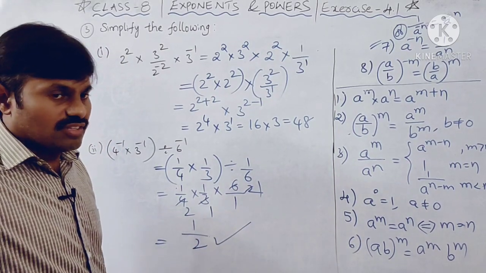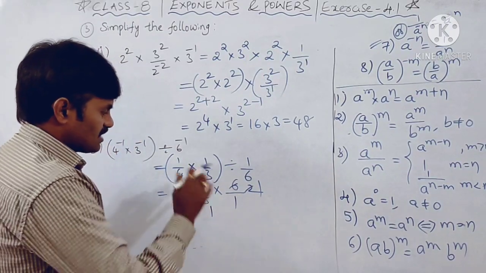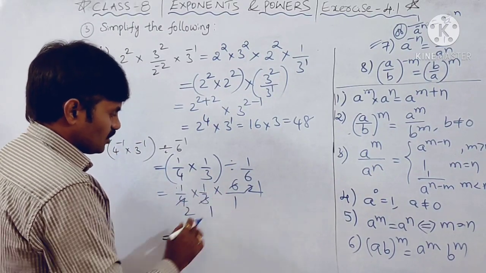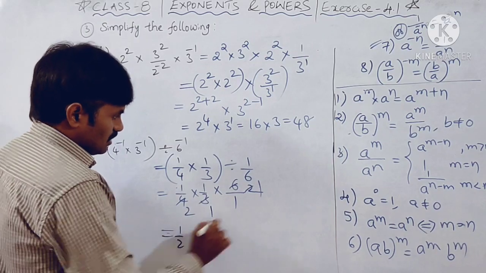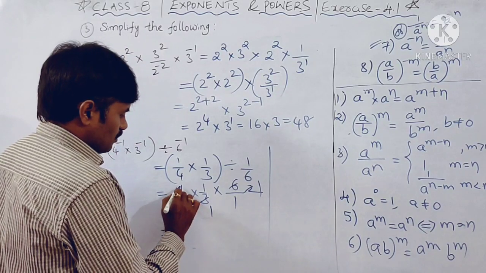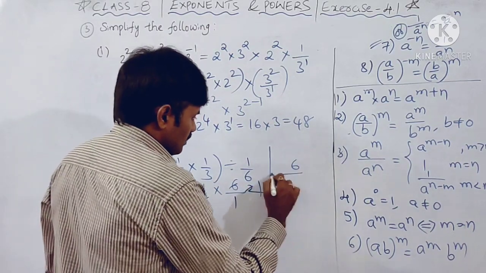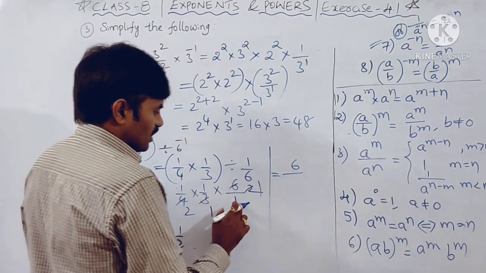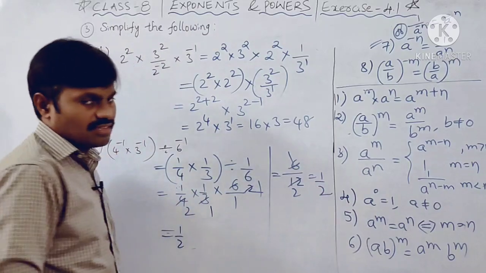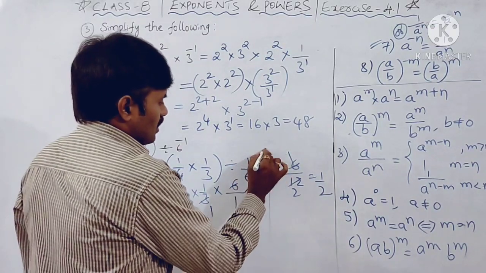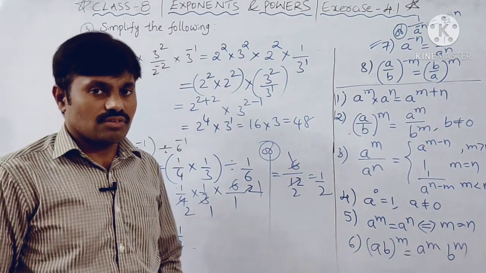Sir, I am getting confused. Do one thing. Instead of this cancellation, if you multiply the numerators, here also we get 1 by 2. Instead of this, if you multiply numerators before cancellation, 1 into 1 into 6, 6 by 4 into 3 into 1, 12. So 6 1s are 6, 6 2s are 12, so 1 by 2 is my answer. Anyway we can get the same answer. We can follow any one procedure, no issue.